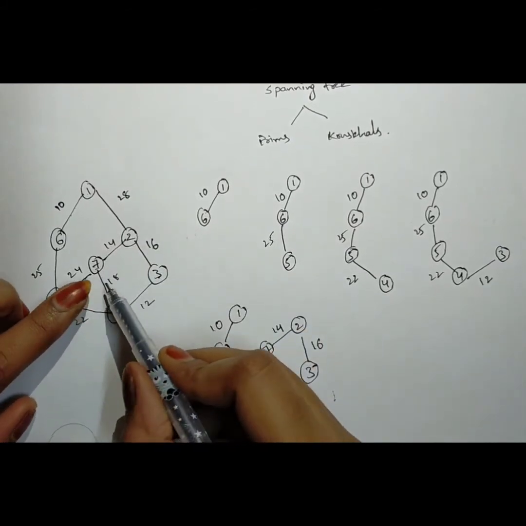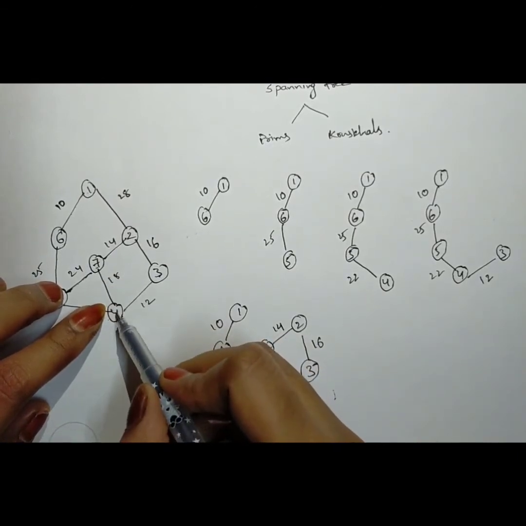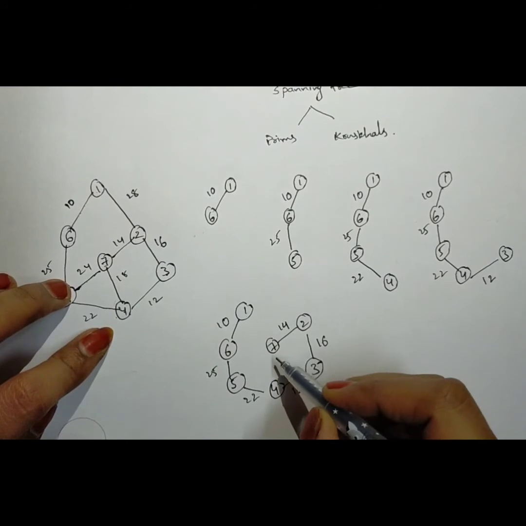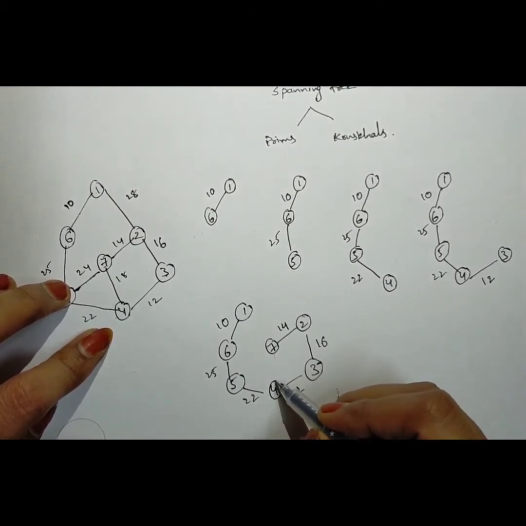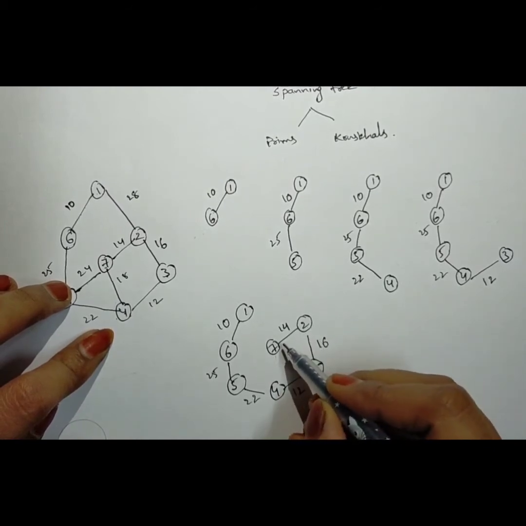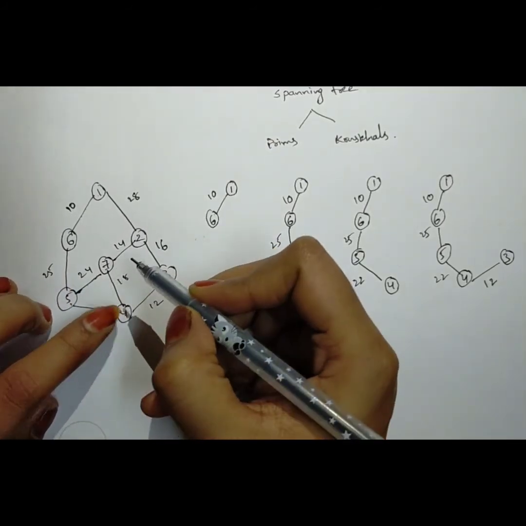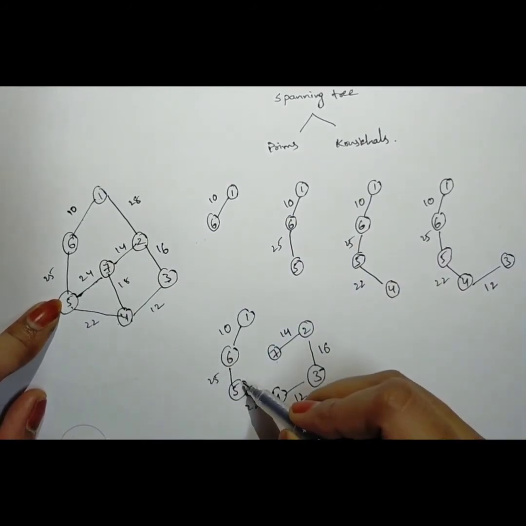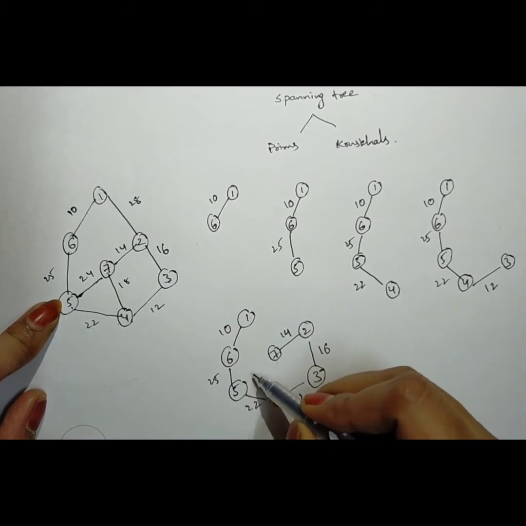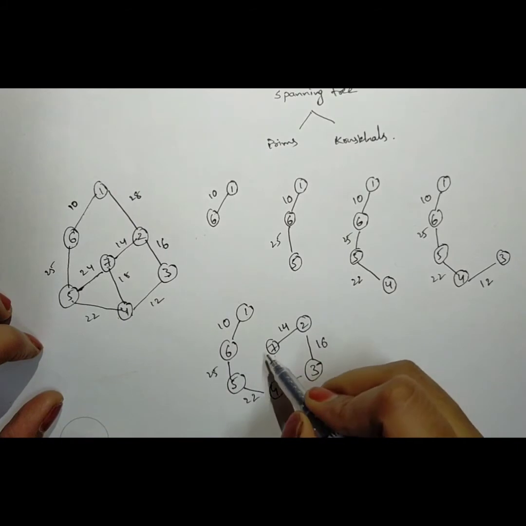Now between these 2 edges the shortest distance is 7 to 4. Okay, if you draw the edge from 7 to 4, here the connection will be like this. So this forms a cycle which does not satisfy the condition of a spanning tree, so I am discarding this one. Okay, next, the remaining edge is 5 to 7. See, if we consider the edge 5 to 7, there is also a chance of forming a cycle. Here I am not considering this edge also.